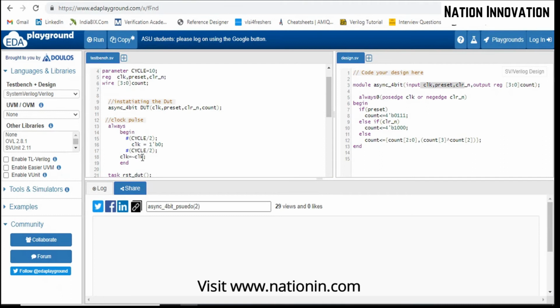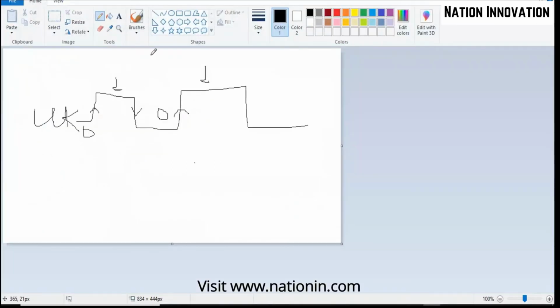So not of 0 is 1, so clock will be 1 for the 5 delay units. In that way, we have to generate the clock. It means for 5 delay units the clock will be high, and for 5 delay units clock will be 0.